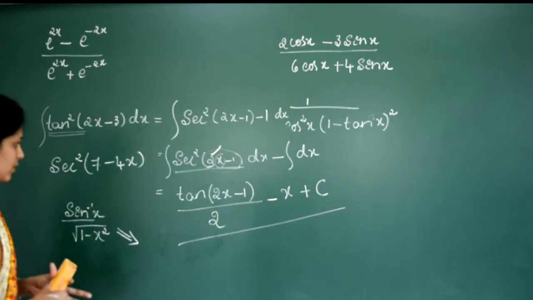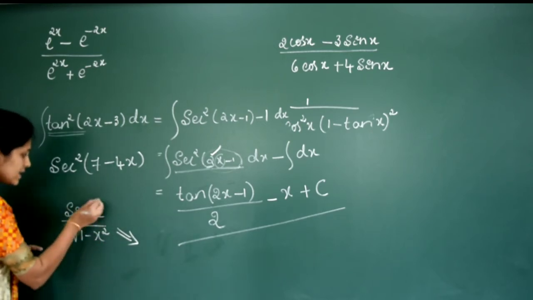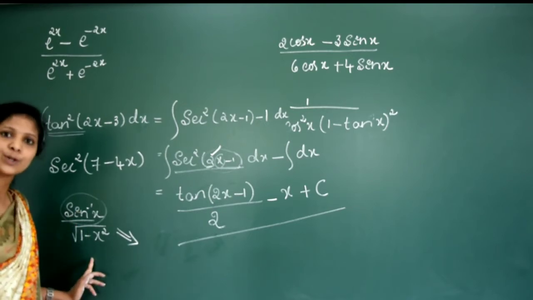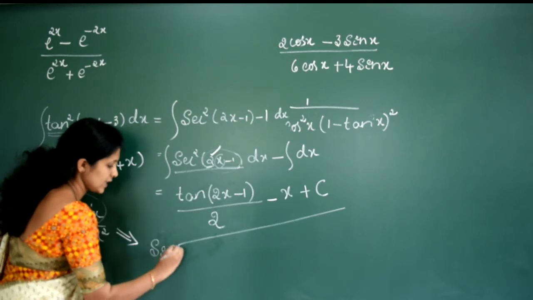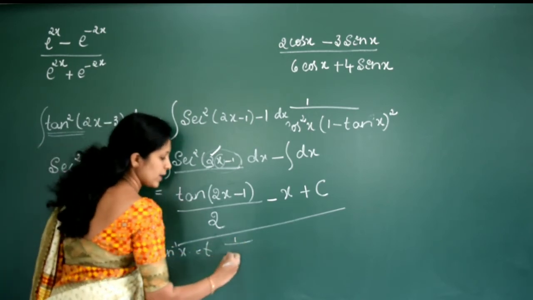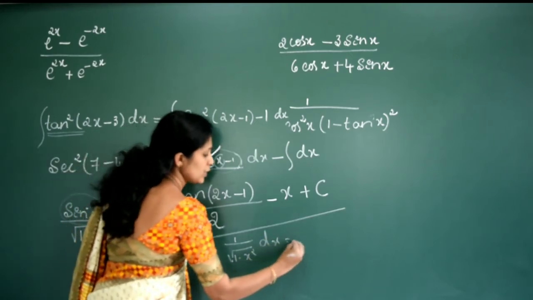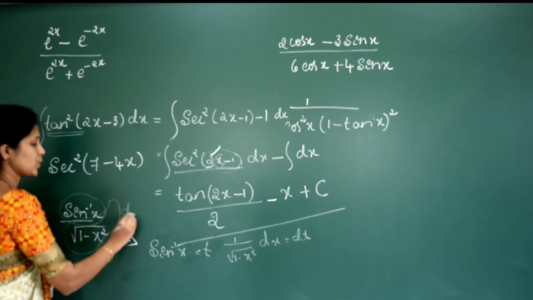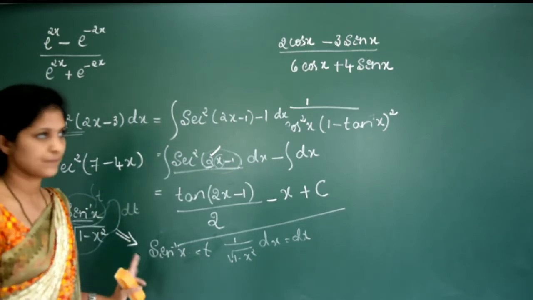For this substitution we can give sin inverse x, divided by root of 1 minus x square. Obviously sin inverse x, right? Because we know that the derivative of sin inverse x will be equal to 1 by root of 1 minus x square. So give the substitution sin inverse x is equal to t. So the derivative will be 1 by root of 1 minus x square into dx is equal to dt. So directly we will get 1 by root of 1 minus x square dx equal to dt, and sin inverse x will be equal to t. So integration of t into dt.